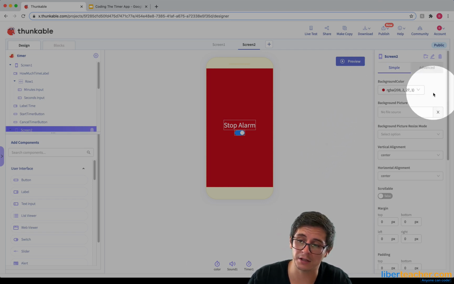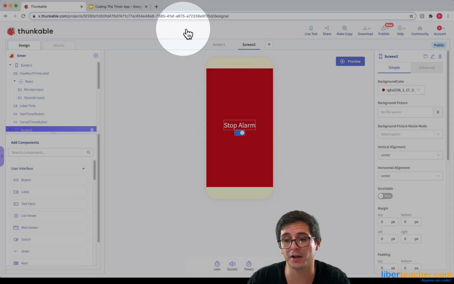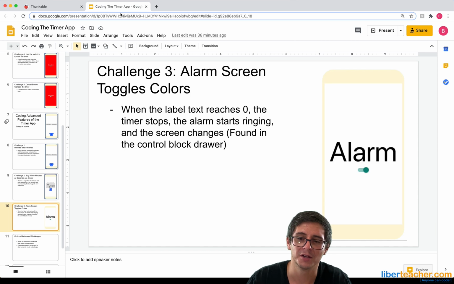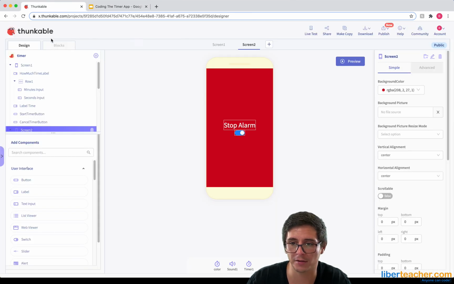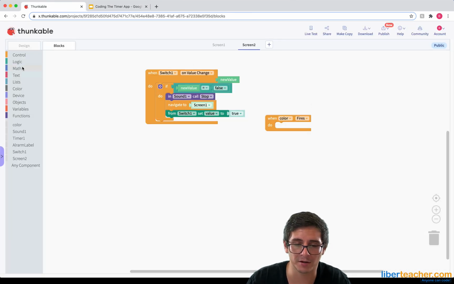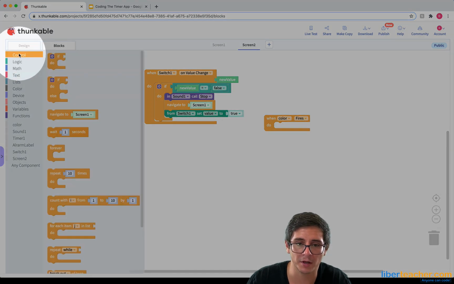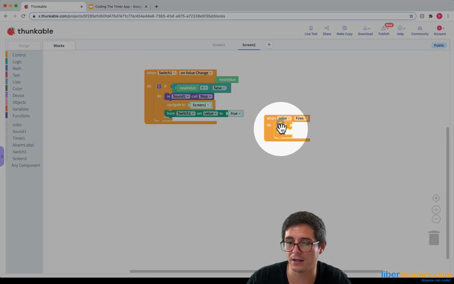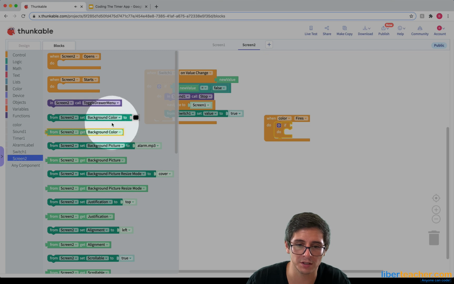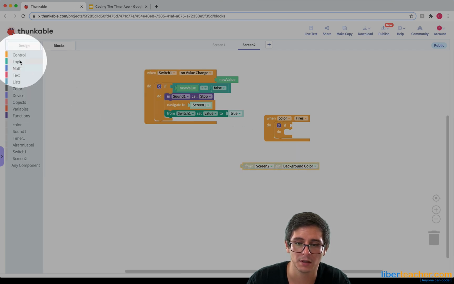Now the key thing here is you want to make sure you're choosing the exact same color, right? It's very important, or if not, this won't work. So I'm going to go ahead and do that. So I'm going to go to my blocks, and I'm going to say, all right, when the color component, I want it to say if the current screen color is equal to red,